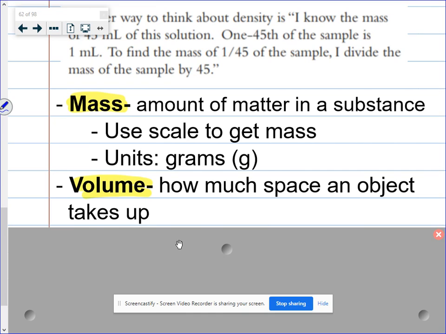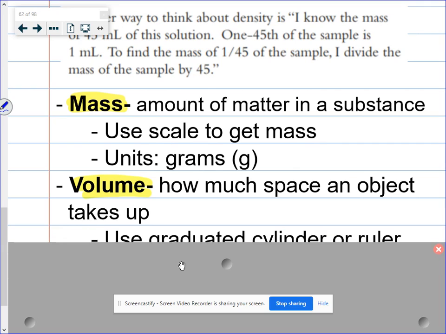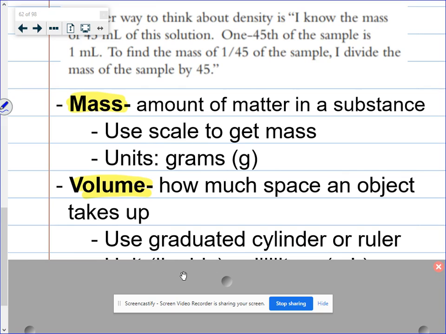I can use a couple of different methods to measure volume, and some work better for solids, and some work better for liquids. The two ways that I really can measure volume are by either using a graduated cylinder, that's what I was showing you yesterday,